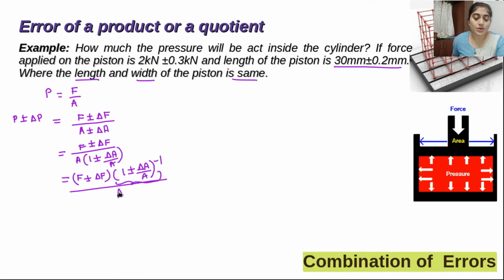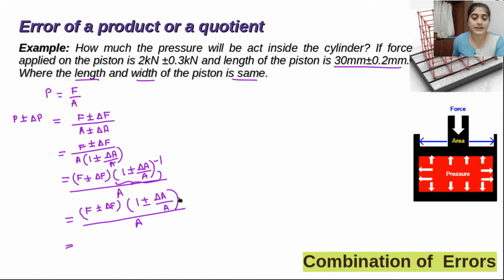So here, what will be the expansion? It is actually a series, with infinite terms, but I am just taking only two terms because other terms are negligible in comparison to these. So it will become F plus minus delta F, and this will become 1 minus plus, because the minus sign comes inside, and this will equal 1 plus minus delta A by A. Whether minus plus or plus minus we write, both are the same. So this equals like this, divided by A.